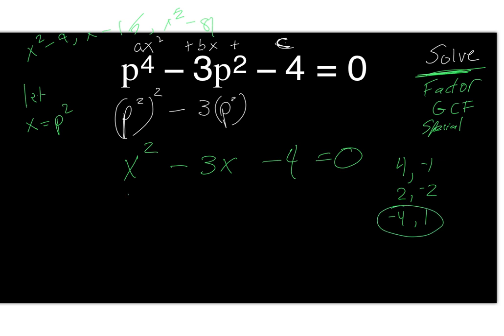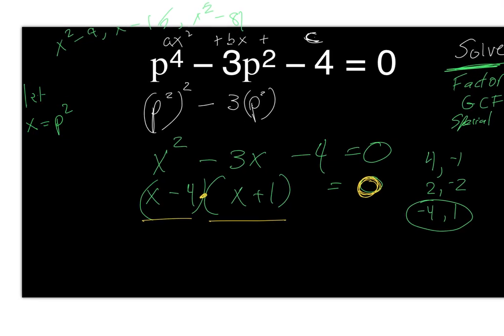Which means this will factor into x minus 4 and x plus 1, equals 0. And as we've done, and we will do several more times, even on the final exam, I have two things that multiply to give me 0. In order to multiply to get 0, either,